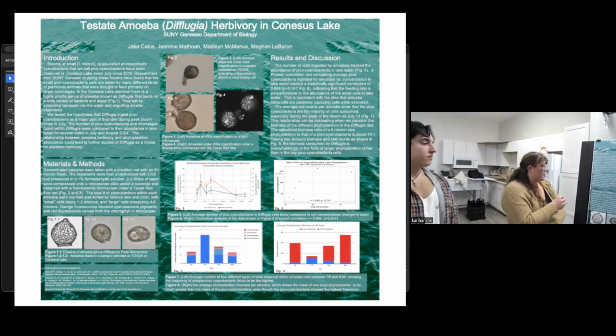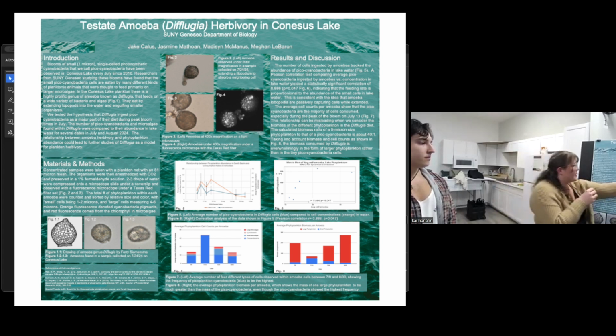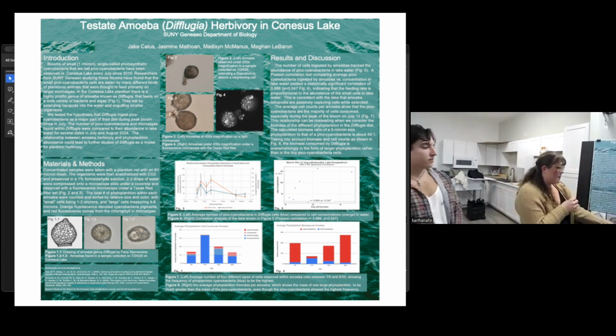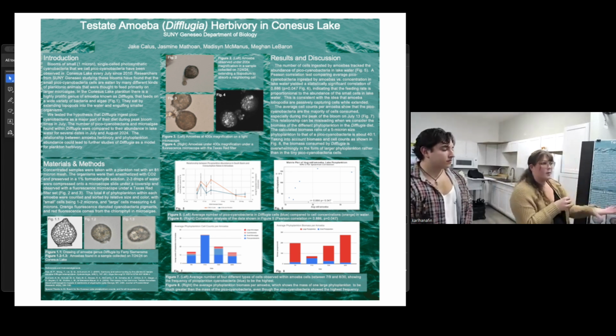And these organisms actually eat using appendages called lobopodia that they stick out and grab their food. This can be seen over here. This is them actually grabbing the food and ingesting it. And they have a hard outer shell, and this is a bottom view, and this is the mouth where those appendages come out.